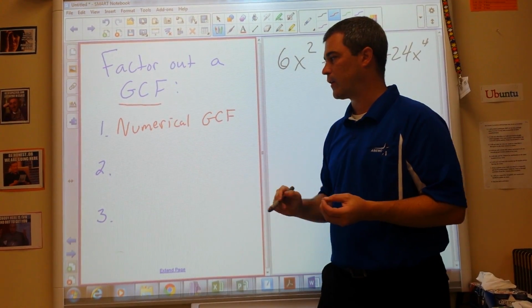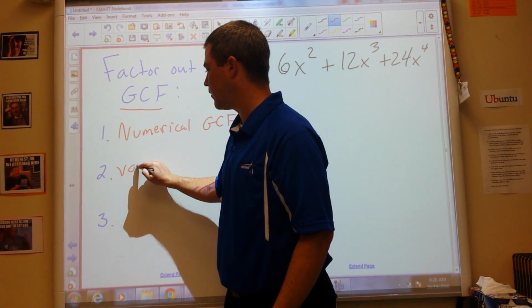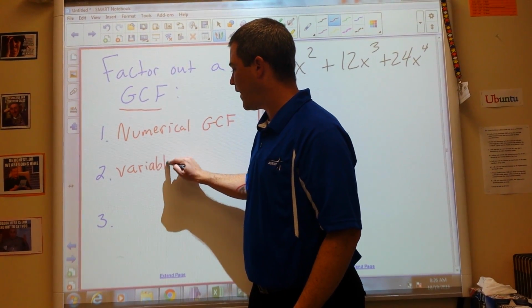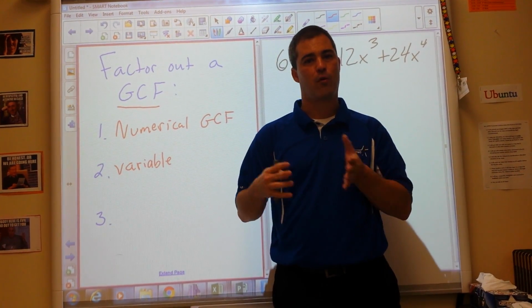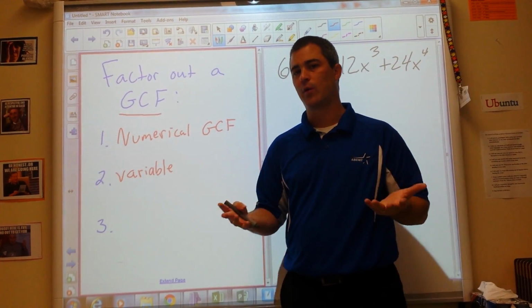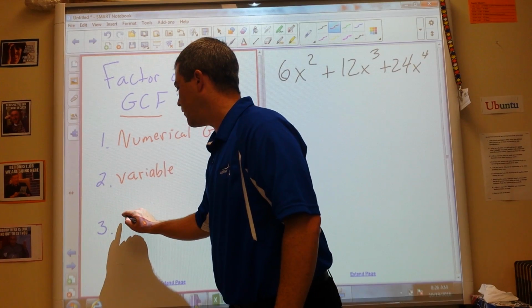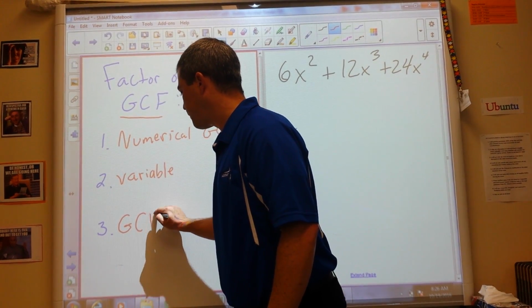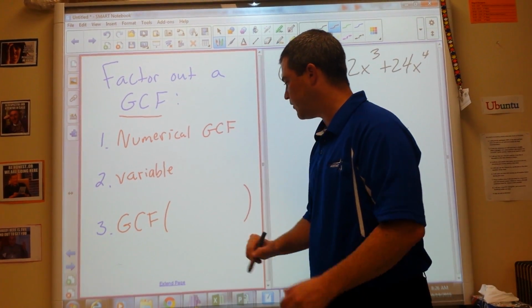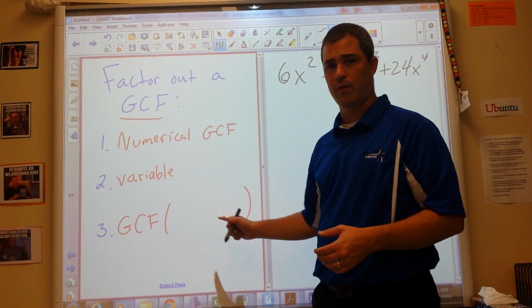The second thing we look at is, do we have a variable? We have to have an x in all terms or a y in all terms, otherwise we don't have a variable GCF. And the final thing that we do is we put the GCF outside parentheses, and inside parentheses will be